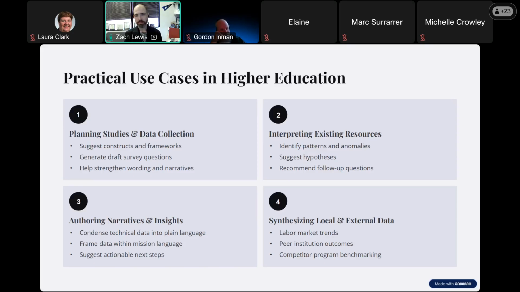Being able to synthesize information, both internal and external data, and create a little bit more of a seamless interaction between different things has been really helpful, especially as it pertains to things like peer benchmarking and trying to understand trends that might exist in the labor market or the broader economic conditions that we're helping to educate students and support their transition into. Being able to pull from different sources and quickly synthesize all that information is a really powerful option in leveraging some of this technology.